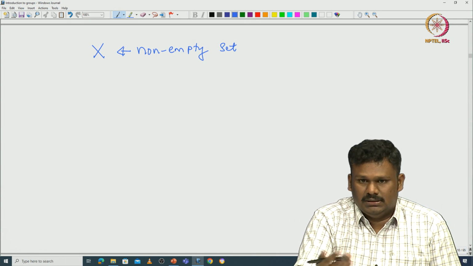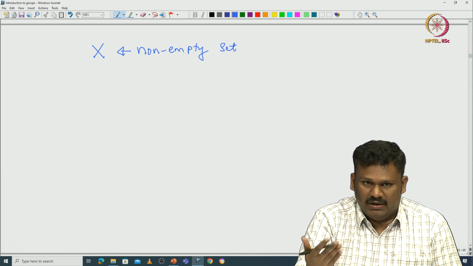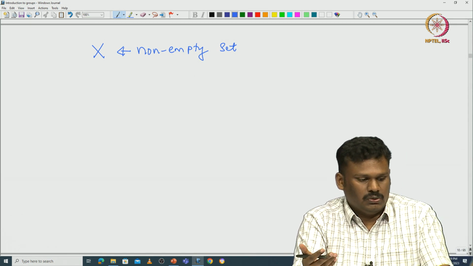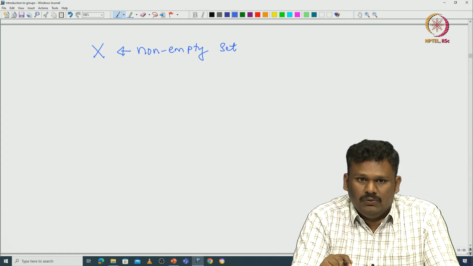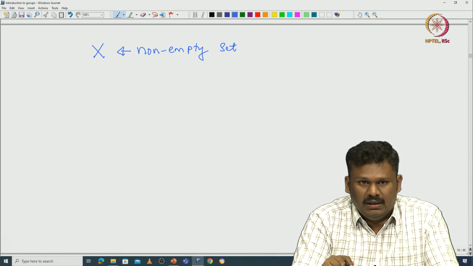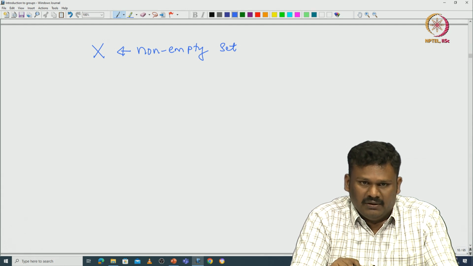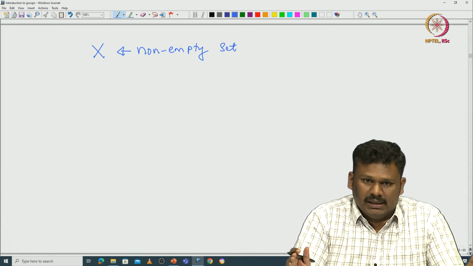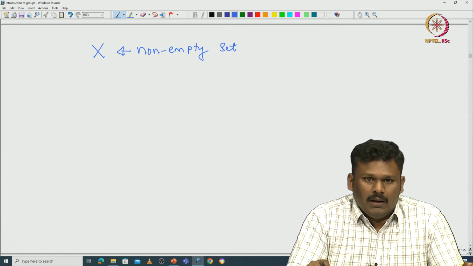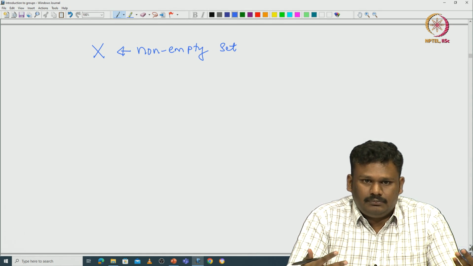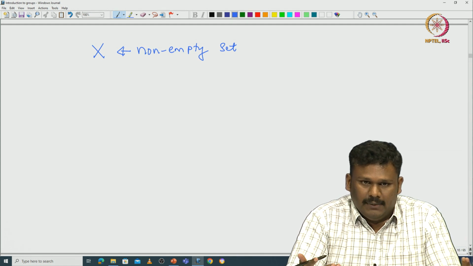So a set is just that collection of some well-defined objects. There is a very precise way of defining sets. Sets are supposed to satisfy many axioms, but the most important thing is if I give you some element, you should be able to say whether that element is in the set or not. That is the most important property of a set. So there is no other extra structure on capital X. But we want to actually define a group that naturally acts on this capital X.